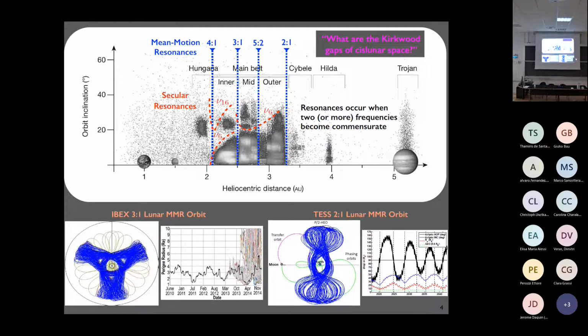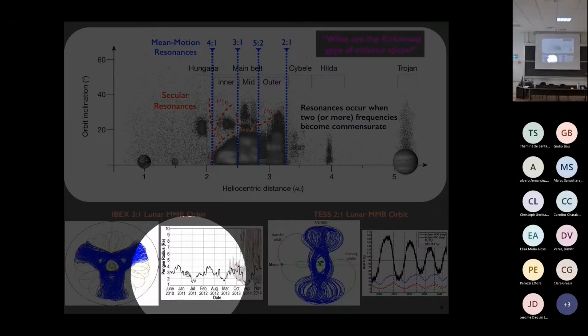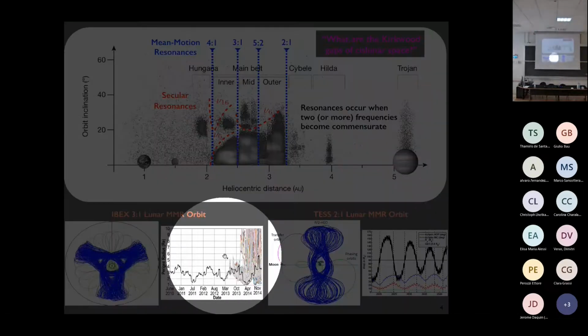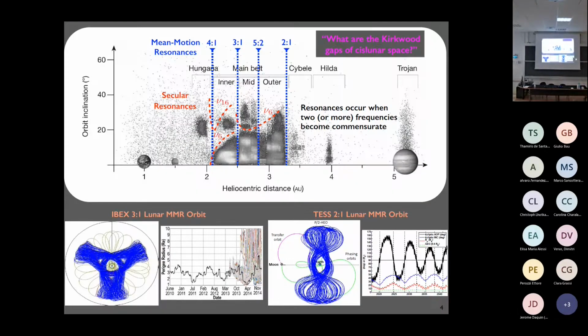And then they were given an extension on the mission, so they did a covariance analysis on the predicted position. You can see that on this scale, you can't really see much difference in the Monte Carlo simulations that they did. But after about 2.5 years, the spacecraft could be anywhere from crashing into the Moon to crashing into the Earth to ejecting from Earth into space.